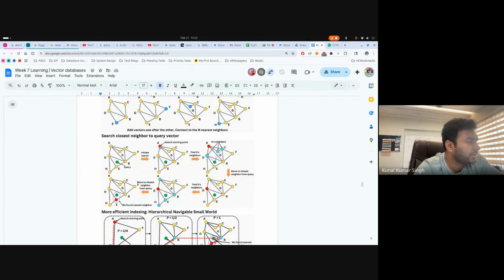So now this, so you start with one node and then you say कि इसके neighbors क्या हैं, D, G and C, and then you compute the similarity, right? And then आप देखोगे कि जिससे similar है, you go ahead with that, right? And then let's say if you still keep on finding कि यार जो मैंने similar pick किया है उससे ज्यादा similar मिल रहा है, तो you can proceed. But let's say अब उससे ज्यादा similar नहीं मिल रहा, तो you can give up, and then that gives you